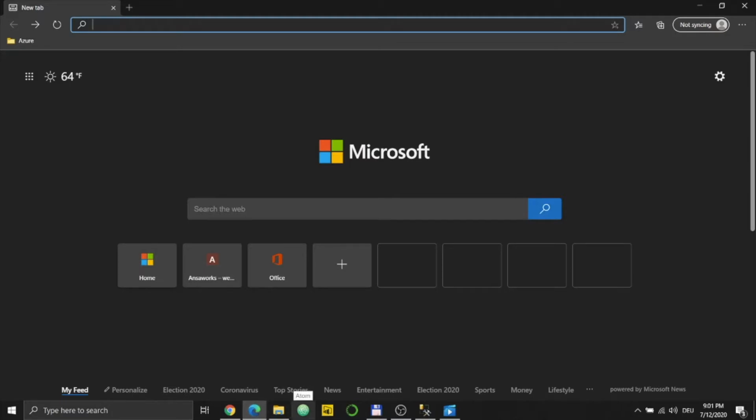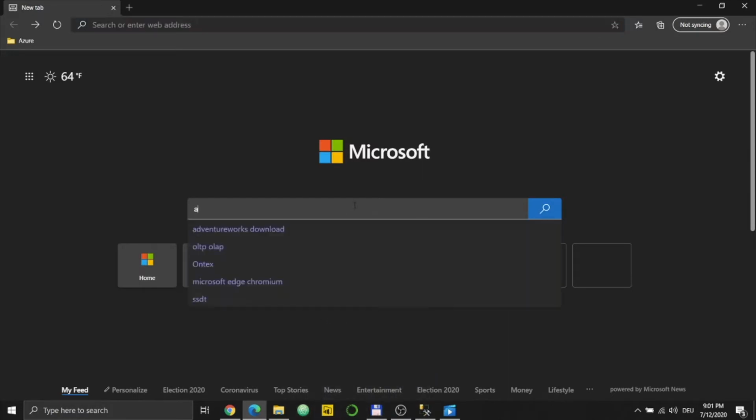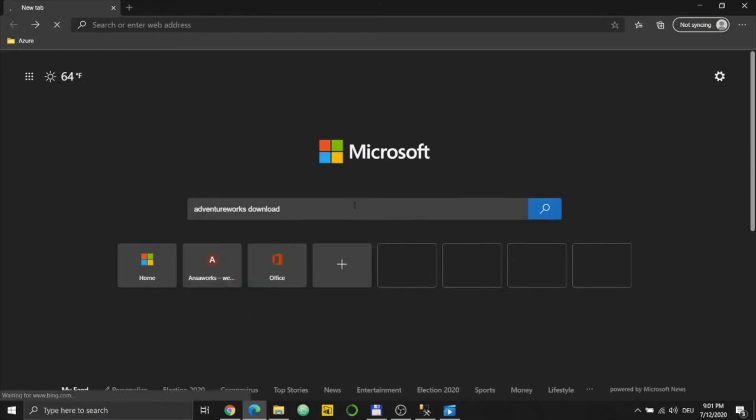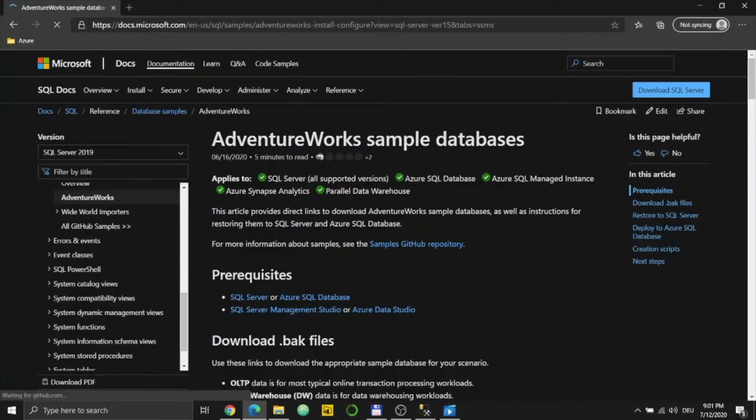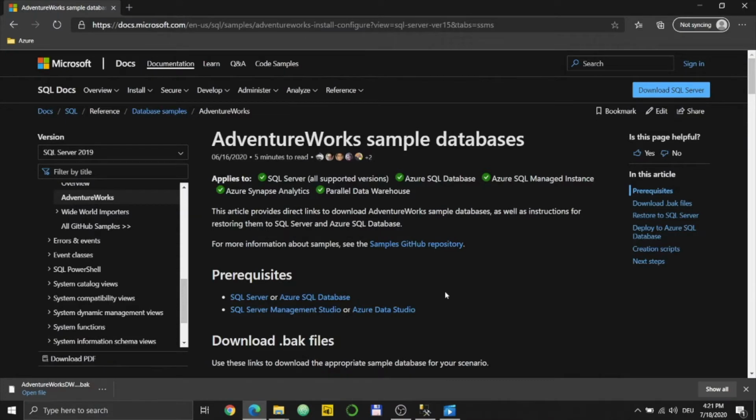So I'm going to search the web for that, AdventureWorks download. That's going to be good enough. And I'm going to use the English version for that. So this one looks good, and we get to this page. So here